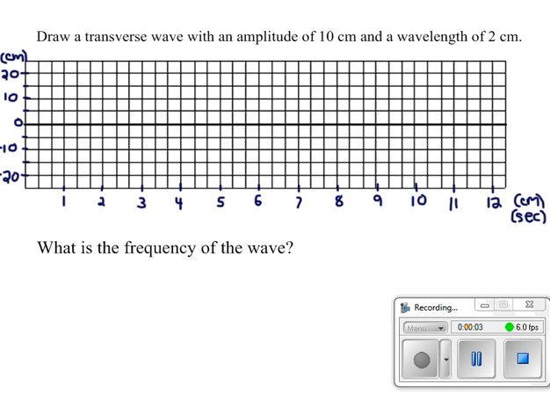I'm going to teach you how to draw transverse waves on a graph when certain variables are given to you. The graphs will always be given to you and the axes will be filled out. And let's look at the graph real quick before we get started. I'm going to look at my x-axis here, and if you notice,